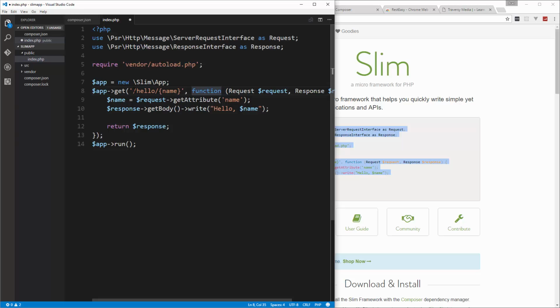Now our route in this case is going to be /hello/name. Now name is dynamic, that could be anything. And then down here we're creating a variable called name and setting it to whatever is passed in here. And we can use this request getAttribute. And then down here we're taking the response, we're calling getBody, and we're going to just write to the screen hello, and then whatever that variable is. And then of course we have to return the response,